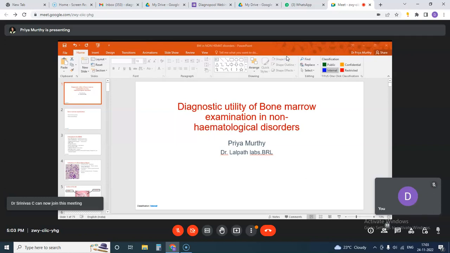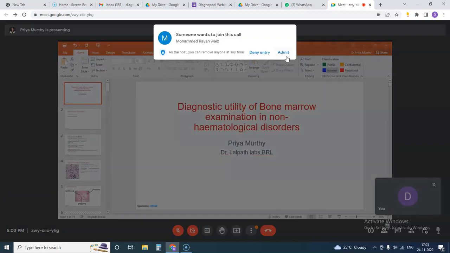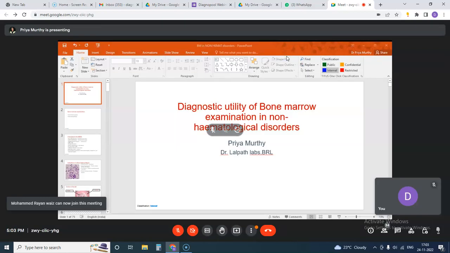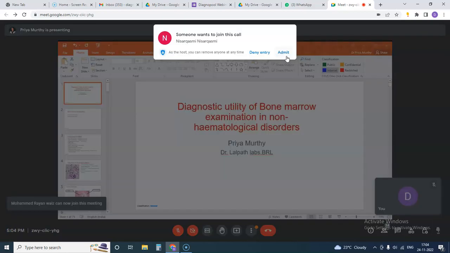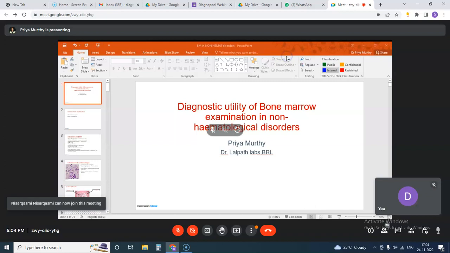Some of the common indications for bone marrow aspirate include disorders of the components of the aspirate, including the red cell disorders, the various anemias, white cell disorders, including both acute and chronic leukemias, megakaryocytic disorders, and myeloproliferative disorders and lymphoproliferative disorders. You can also use the bone marrow aspirate to diagnose storage disorders, plasma cell dyscrasias,